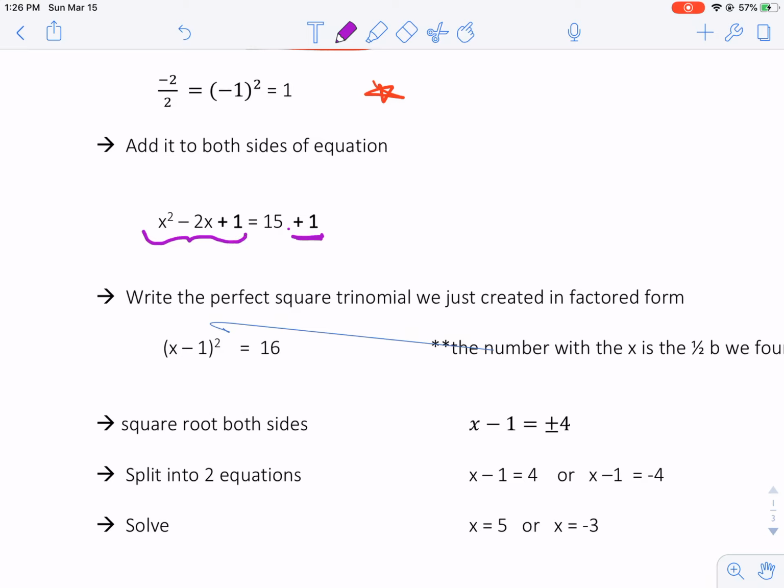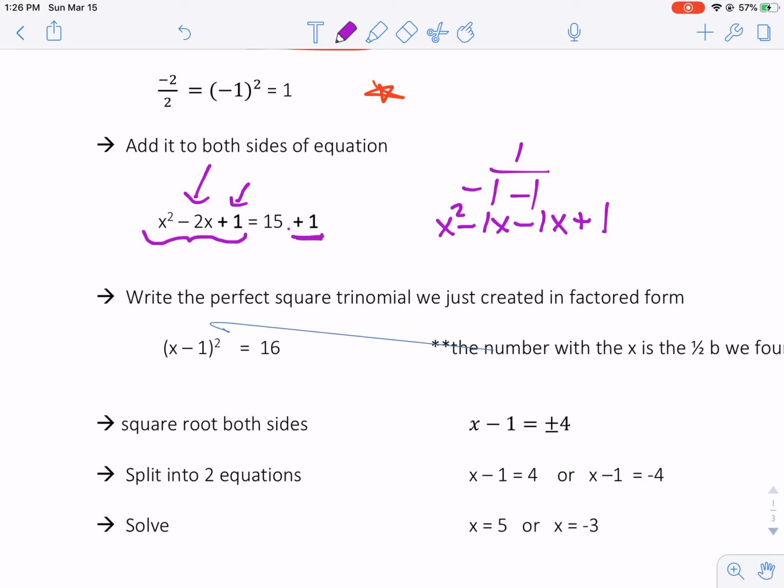So a trinomial is 3 terms, and a perfect square means once you get done factoring it, you end up with the same factor twice. So if you try to figure out what multiplied to 1 and added to the negative 2 like you did in factoring, well, 1 times 1 is 1. But to make a negative 2, I need to make both these negative. So then you'd have x squared minus